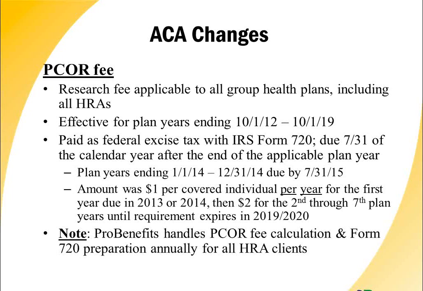The amount was $1 per covered individual per year for the first year in 2013 or 2014, whichever was the first year that applied to, depending on when the plan year ended, and then $2 from there on out until 2019 or 2020. And ProBenefits, what we do essentially is we calculate the PCOR fee, we determine the number of